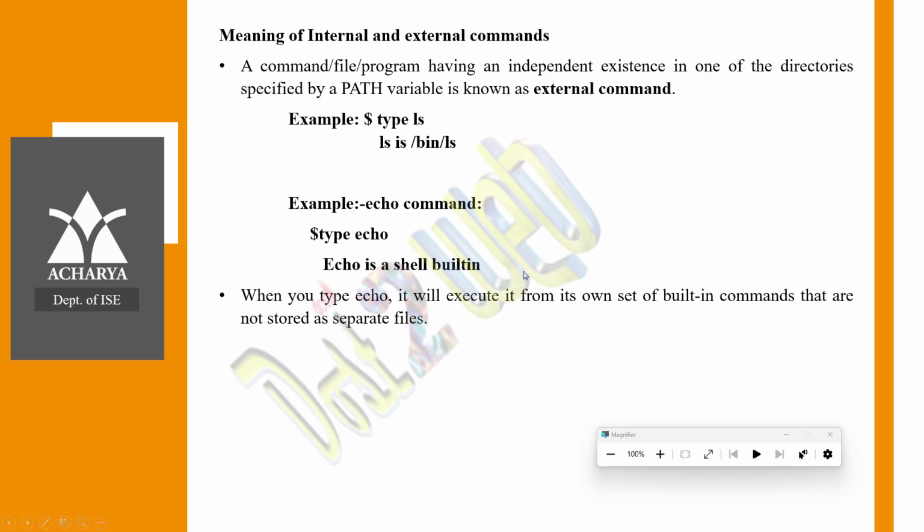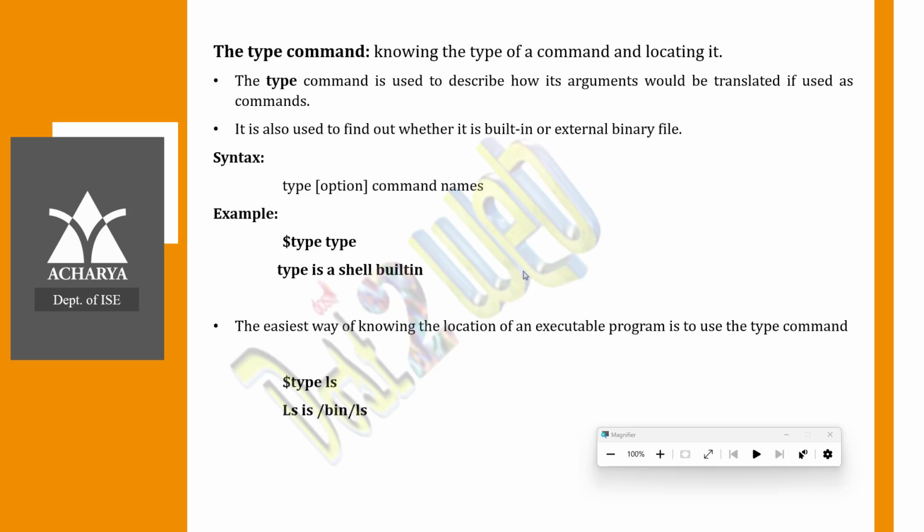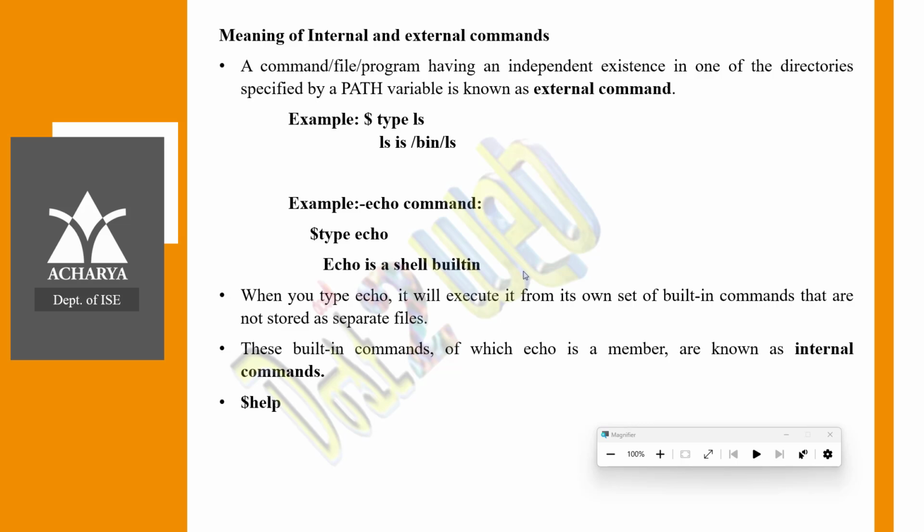So when you type echo, it will execute as we discussed, right? And it is not stored in any separate file, that means it comes under internal commands, that is, built-in commands. It's called a built-in command. So if you want anything, try with help and you will get the information, try with